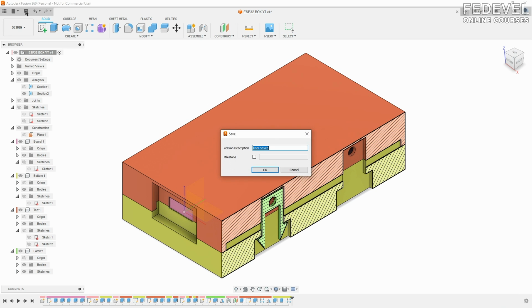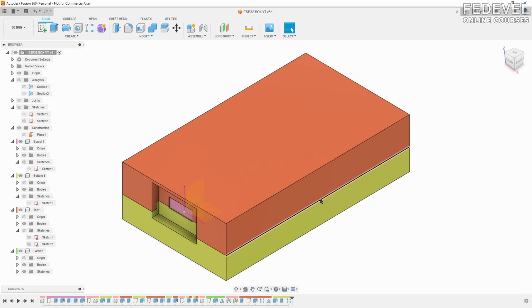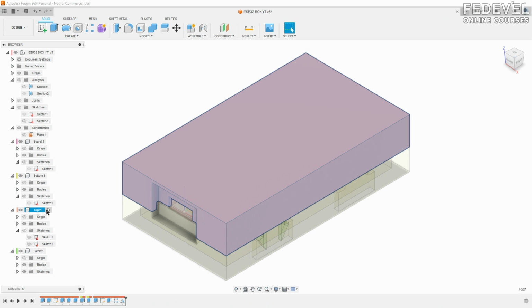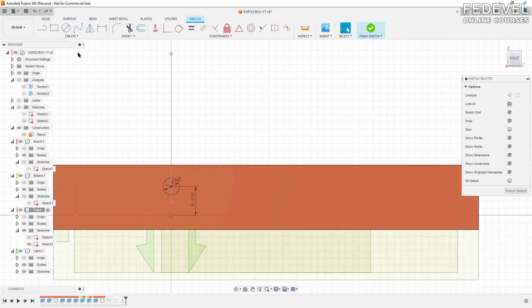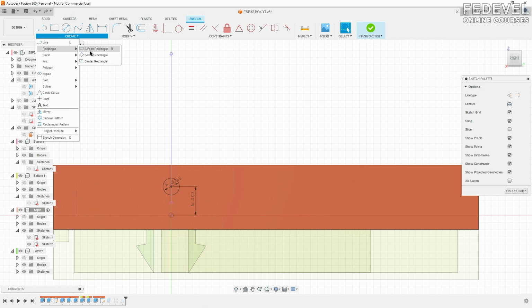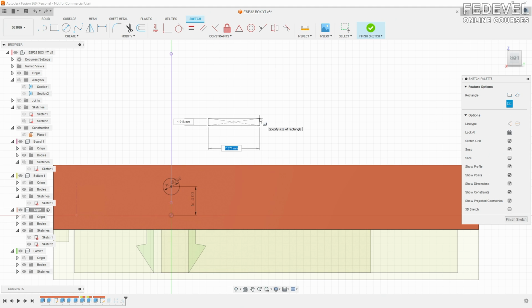Okay, save everything. Now we are going to make it easier to separate top and bottom. Also, we are going to make a small hole here for screwdriver. So again, we would like to work with top, and with this sketch which we already have here, I'm going to create a rectangle which is going to be the opening for the screwdriver,